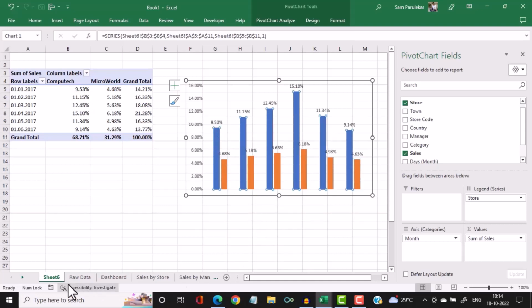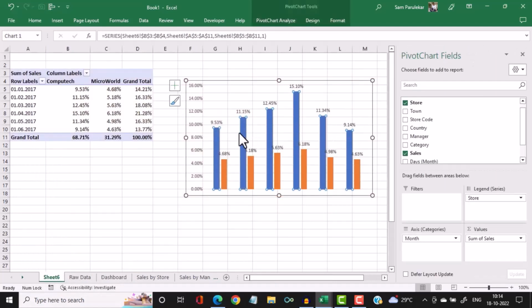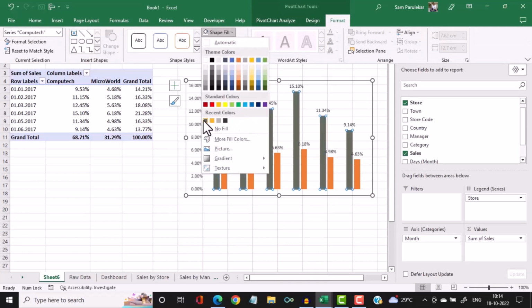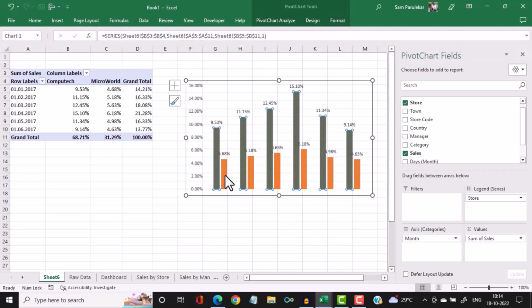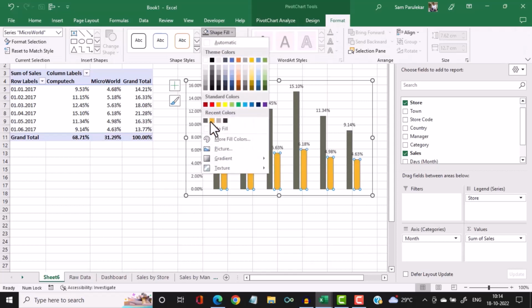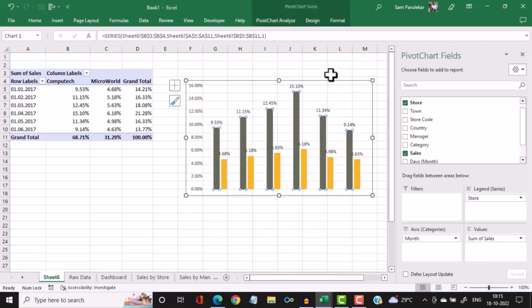So see the color of Computec is gray. So you can click on, you can double click here, or you can directly go into format and shape fill and fill it with this color, and select the second, format, shape fill and fill it with this color. Then select your graph,